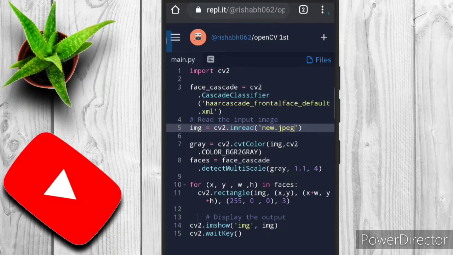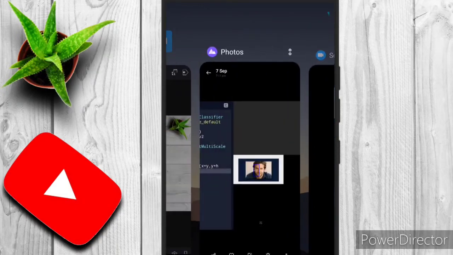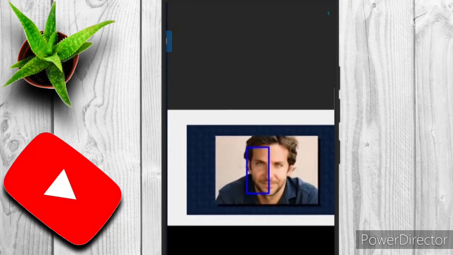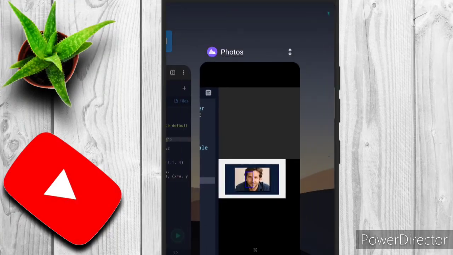In the eighth line of code there is the faces variable where we are detecting multiple faces, and it's a very important line. You need to remember the coordinates, that is gray, 1.1 and 4, because I was playing with the coordinates and I was getting this type of distorted image. There was no successful detection of faces.